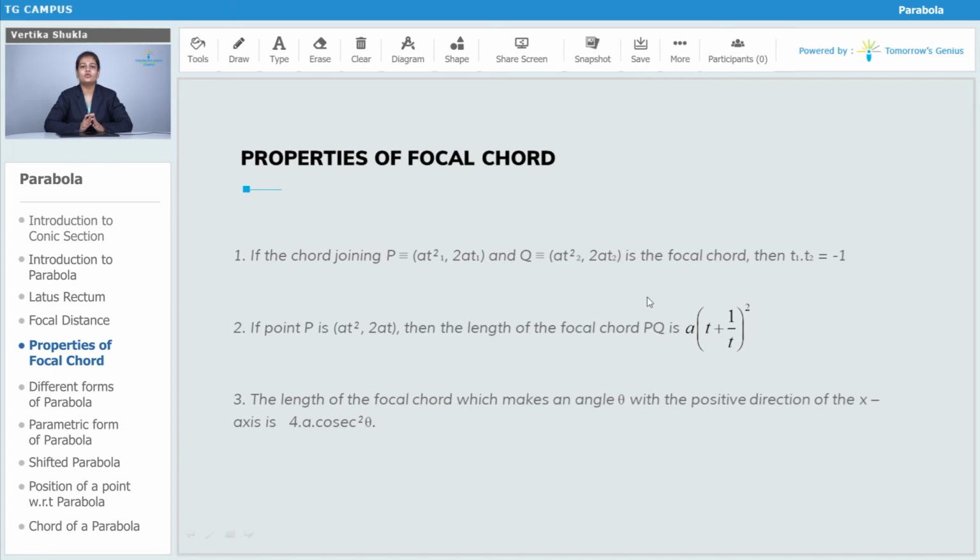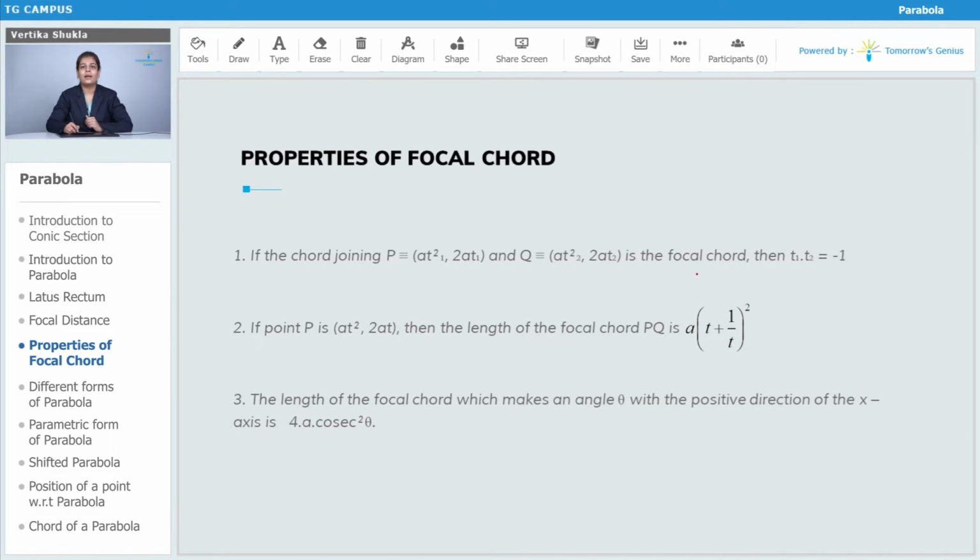Now that we have discussed the focal distance and the latus rectum, let us see some of the properties of the focal chord. The first property is: if the chord joining the point P (at1 square, 2at1) and the point Q (at2 square, 2at2), which are the extremities of your focal chord, then the relationship between t1 and t2 is given by t1 into t2 is equal to -1, which is a very